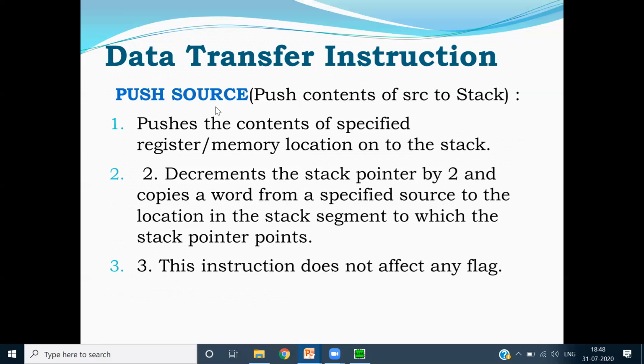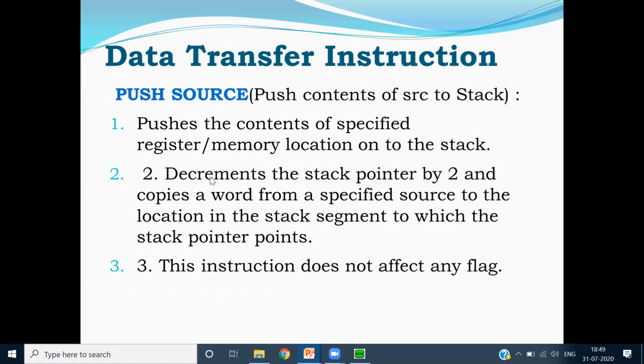For example, I want to push the contents of the flag register to the stack, or I want to push the contents of the AX register to the stack. The stack I already know, so I am not giving it. PUSH and POP are related only to the stack, so we can't give both. I know the destination, I only want a source here. So PUSH is written as PUSH source. Whenever the PUSH action is done, the specified register contents are pushed to the stack.